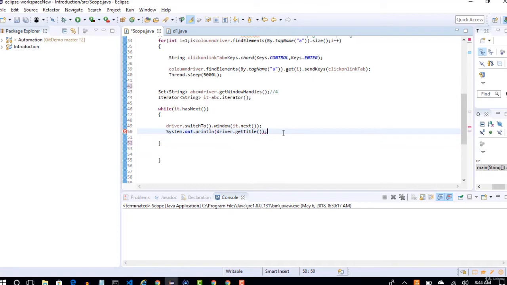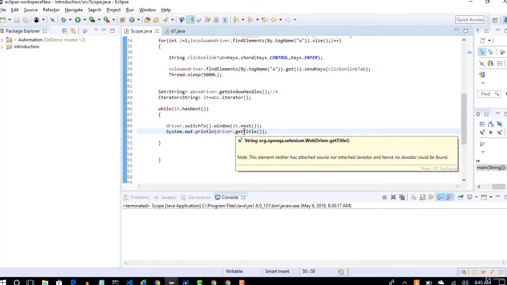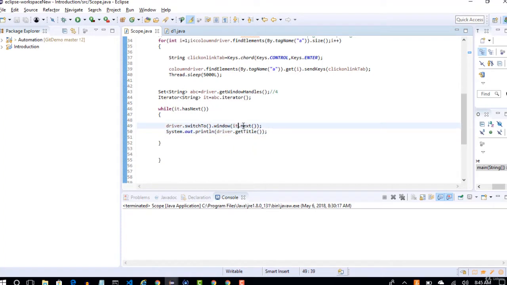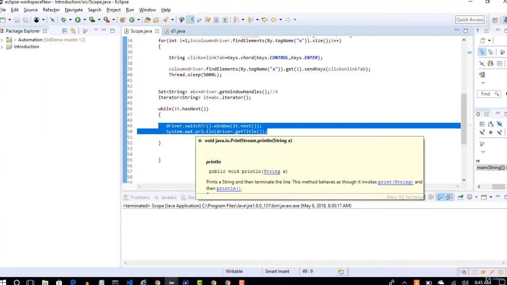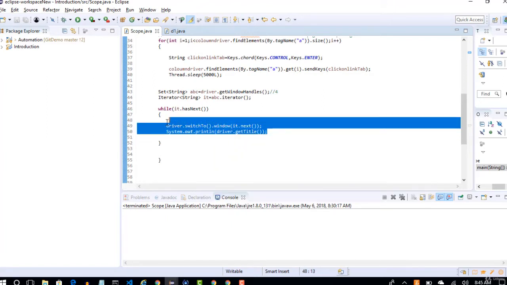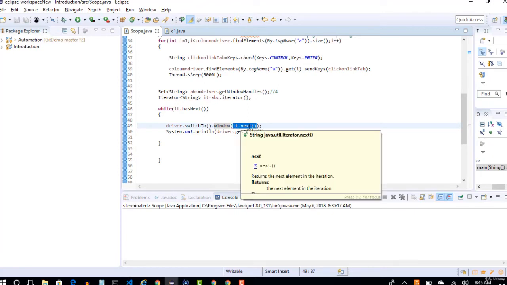Okay, so in this way you are not writing the code 5 times, switching every particular tab and printing out the title, like driver.switchTo().window. So this is the first time, right? If someone asks you to print for 5 tabs, and you repeat this 5 times, that's not a fair way of scripting. Okay, this works if you repeat it 5 times as well, because whenever you say it.next, one index will be captured, and if you repeat this, it will go to another index.